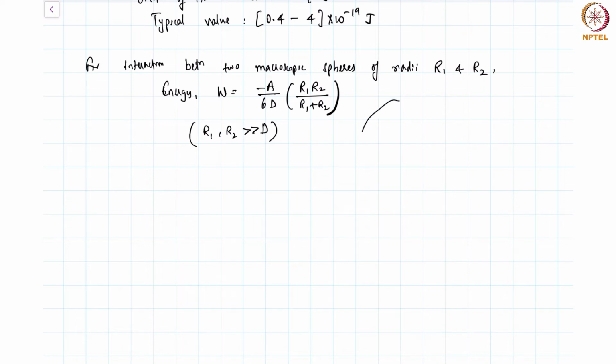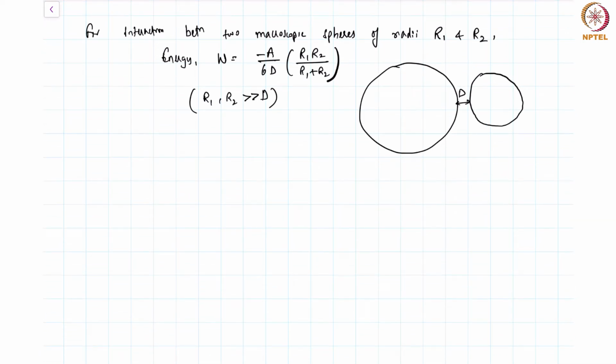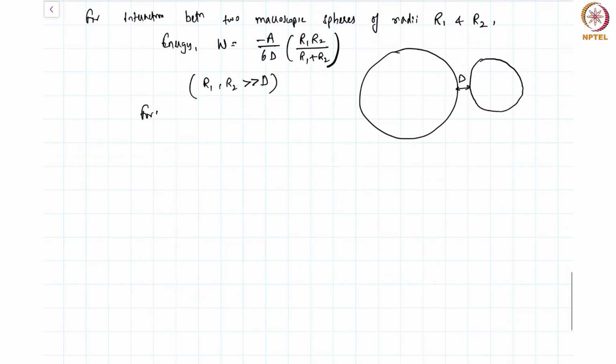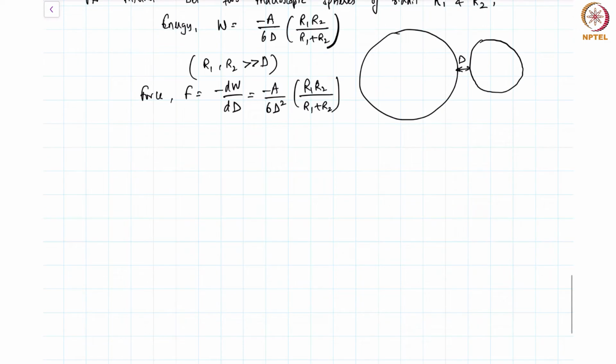In other words, we are saying that the separation distance D is much smaller than the size of these macroscopic bodies. The reason for this is because this force is only felt when the separation distances are in a few nanometers. The force can now be calculated as minus dW by dD, where remember capital D is the separation distance, and this comes out to be minus A by 6 D square times R1 R2 by R1 plus R2. This is basically our